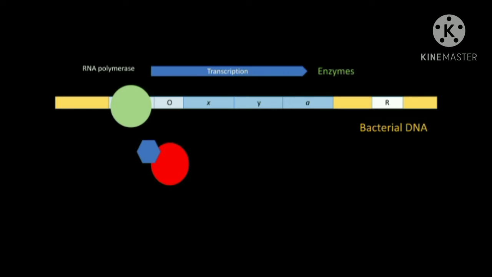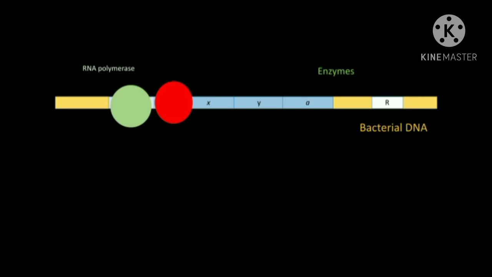So only in the absence of lactose, repressor protein is able to bind to the DNA. When lactose concentration decreases, it gets dissociated from the binding site of the repressor molecule. So the repressor binds to the operator, which then blocks RNA polymerase from reaching the structural genes. Thus, it turns off the transcription of the operon. This is the mechanism of Lac operon.